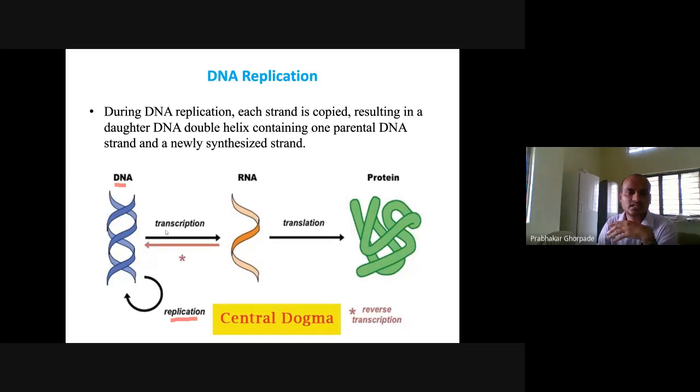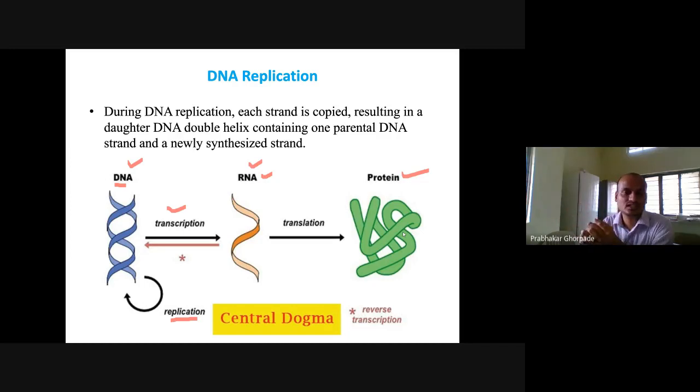Likewise, the central dogma contains the transcription process. This is DNA and this is RNA, so we want to know how DNA can be coded into RNA. That is the transcription process. Next, we have RNA, and we want to know how it can be coded into protein. That is the translation process. So the central dogma describes these processes: replication, transcription, translation.